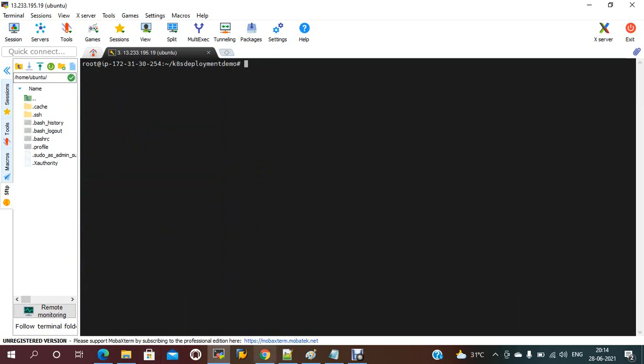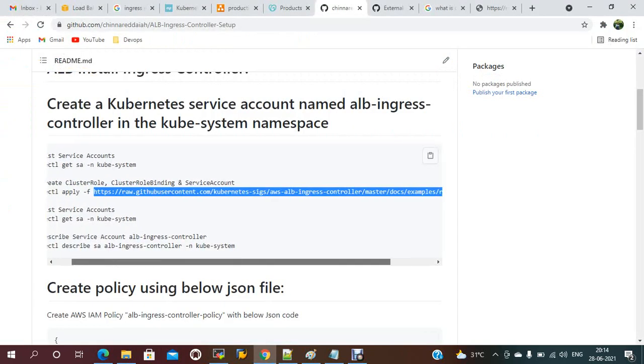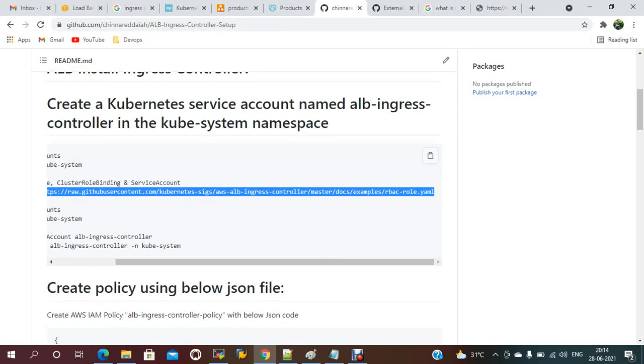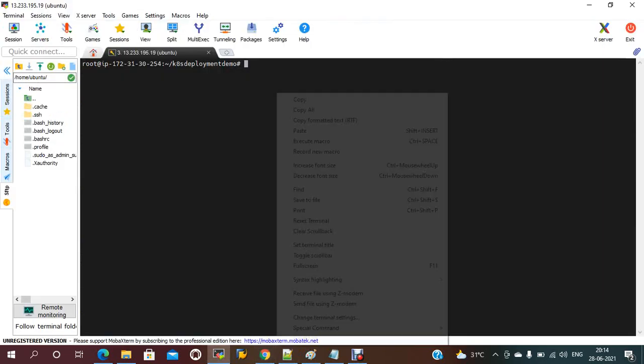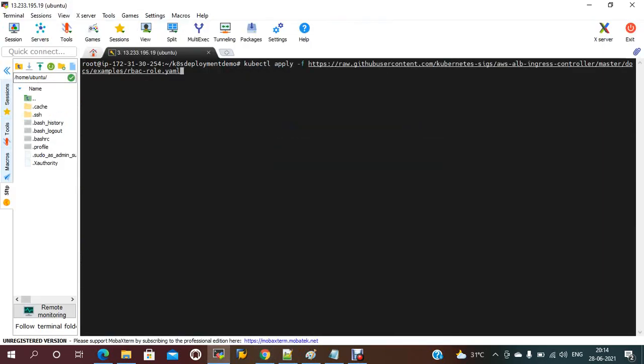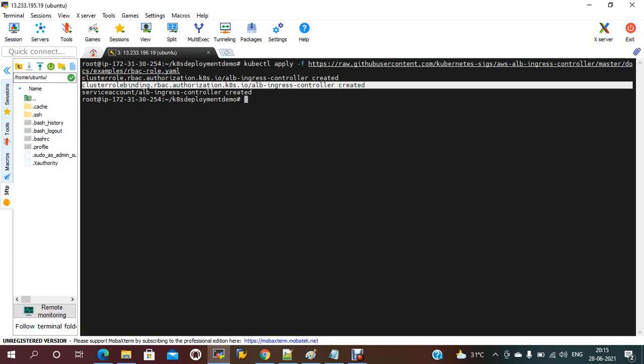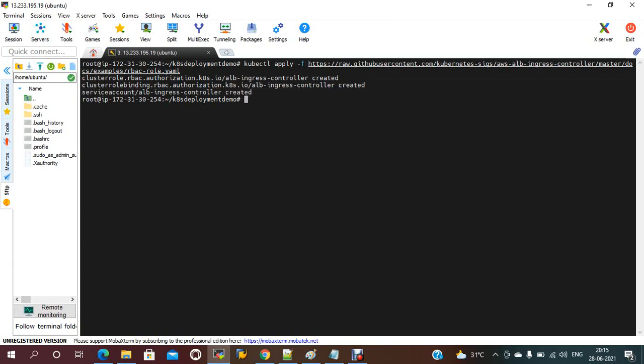Clear. kubectl apply. Now see, the ALB ingress controller is created, and all these three objects should be created.